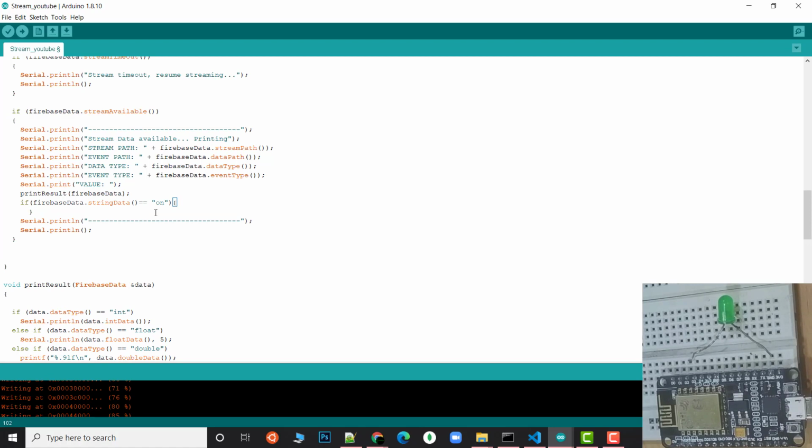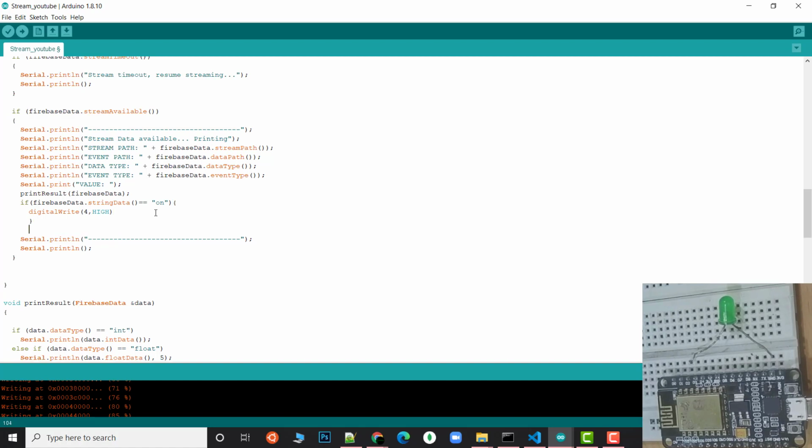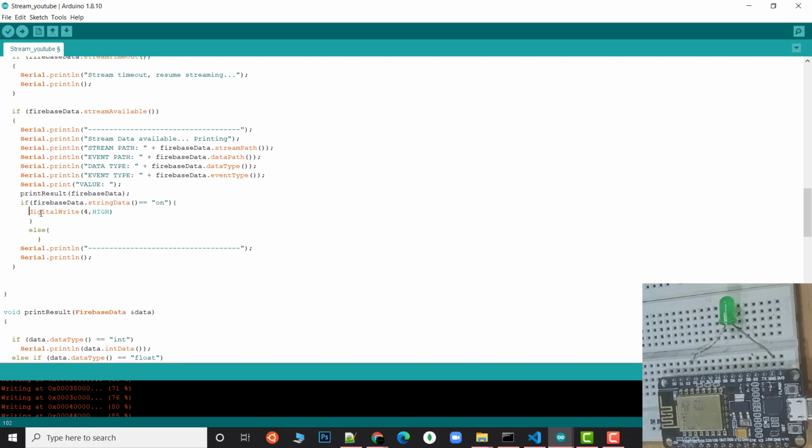then what I'm going to do is digital write, and this LED is connected to the D2 pin, which means pin 4. So I will make the 4th pin high, and I'll add an else condition, because if there is any other value, I'll just make this low.